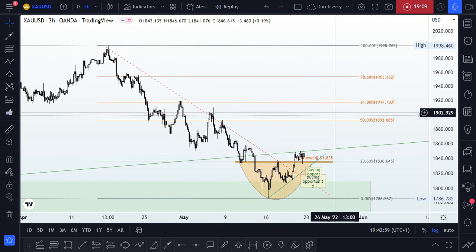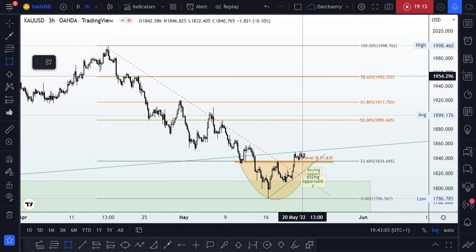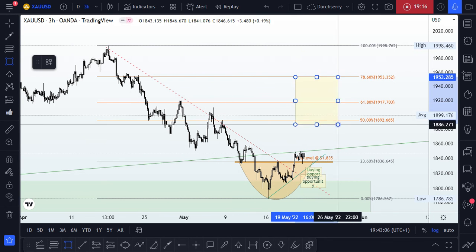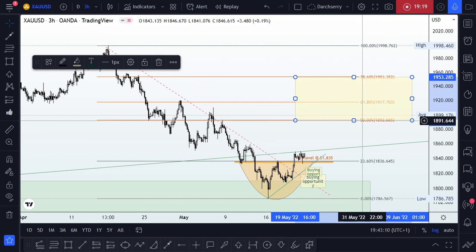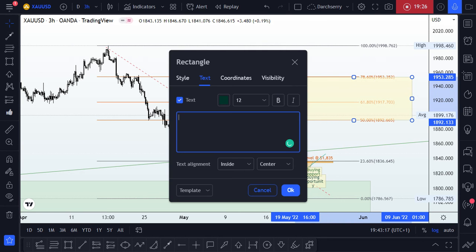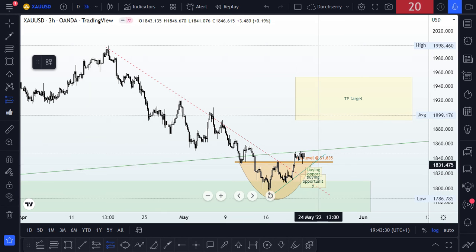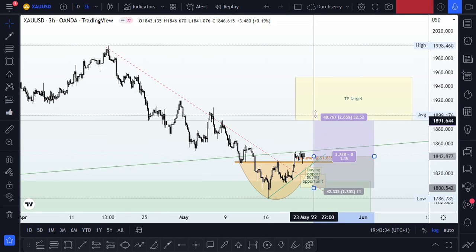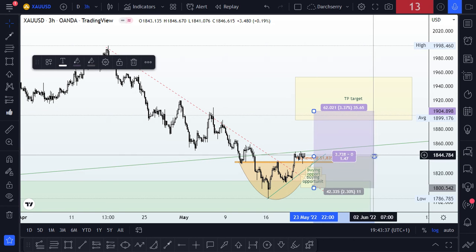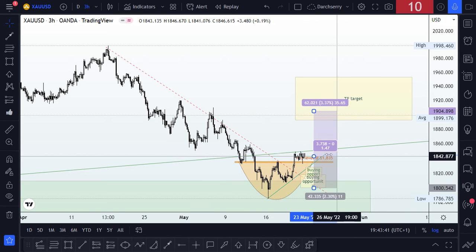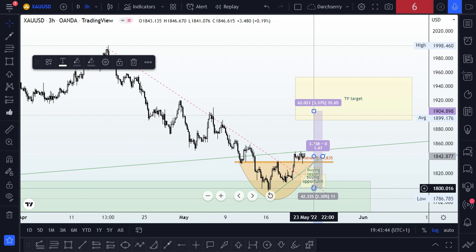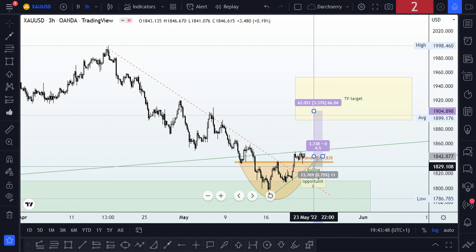And looking at our take profit target within the golden zone area, we will be having a structure or an area around this place, which is between $1,900 and $1,950. So we have a TP target around this area. So if you allow me to delete this, then we should be having our buy position right above that key level, with a take profit target within this area that's around 6,000 pips. And then that's if we have price move right above that key level, then we should be having something like this with our stop loss right below that key level. However,